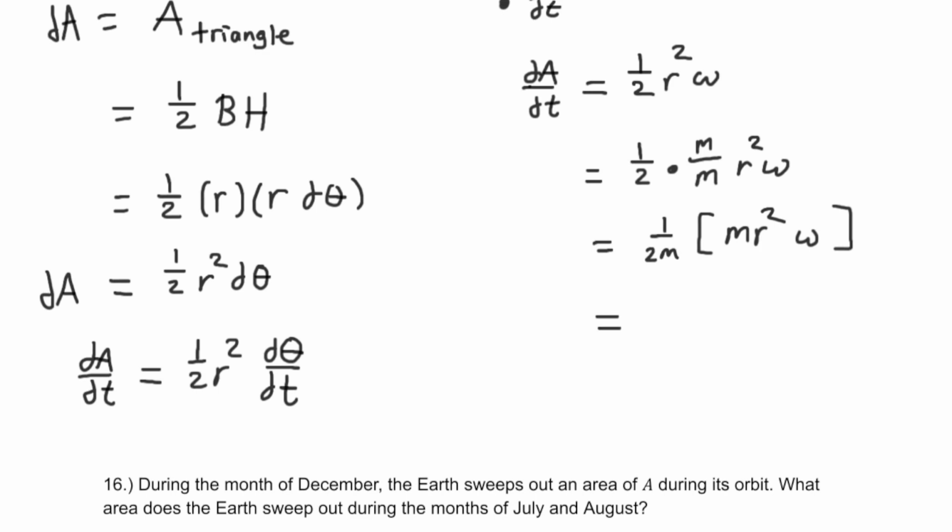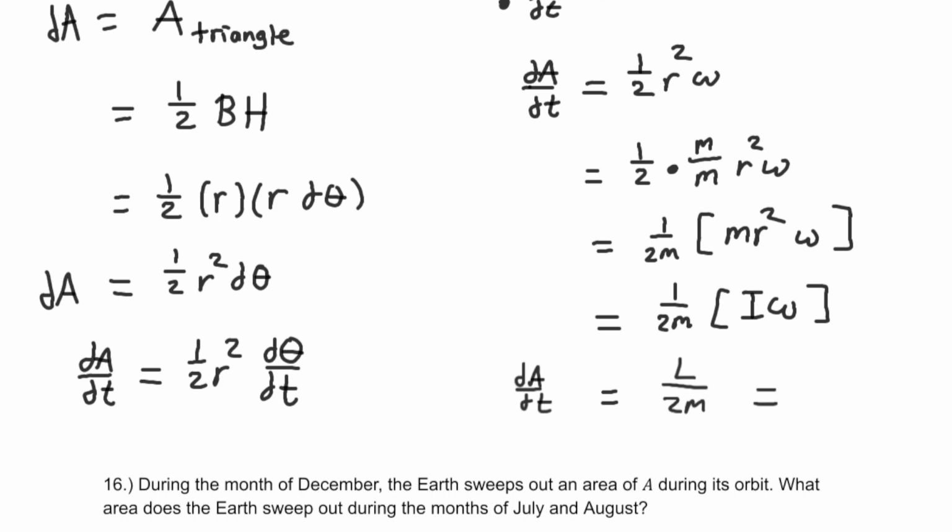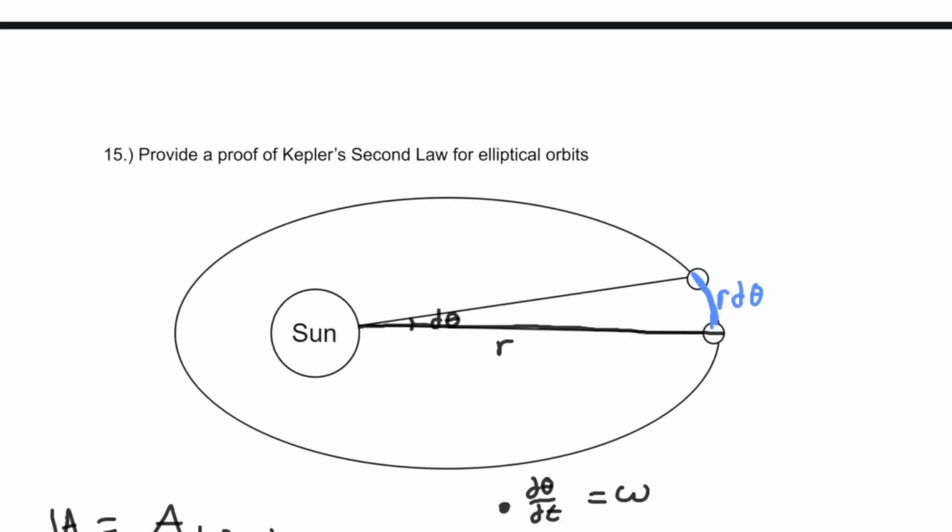So m r squared is actually just the moment of inertia of the point mass times omega. And I times omega is just the angular momentum of the system. So we're seeing that dA/dt is equal to the angular momentum divided by 2m, which we're hoping to say is constant. So if we can prove that L is a constant for this planet, we can show that Kepler's second law is true. So to do that,